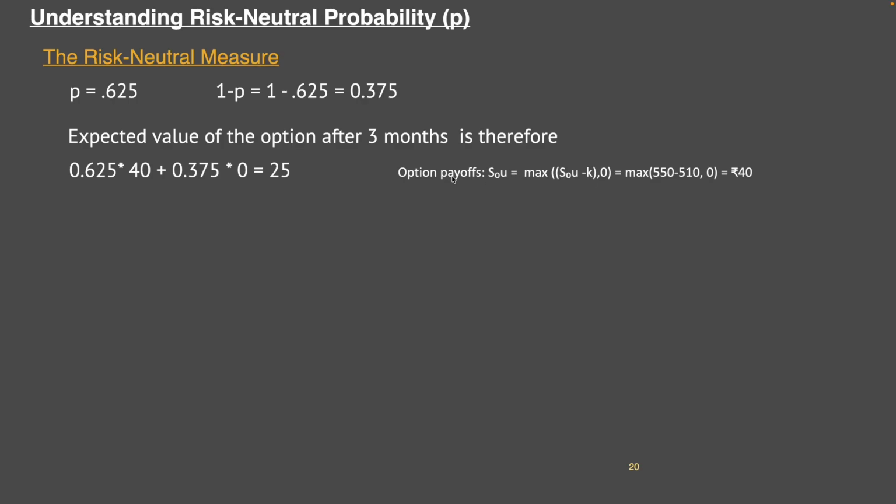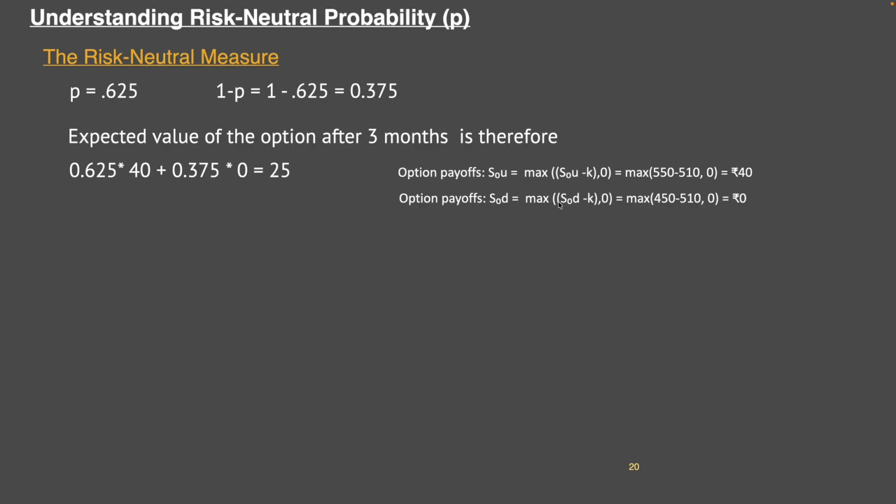So we are calculating the option payoff whenever there is an up move equal to U, that is 1.1. It will be maximum of S0U, which is 550, minus K. K, the strike price, was 510, comma 0. So 40 comma 0. What is the maximum? 40 is the maximum. So maximum of 550 minus 510 comma 0. So this is 40. So the option payoff at S0U will be 40,